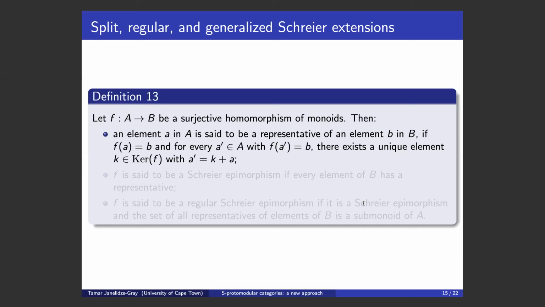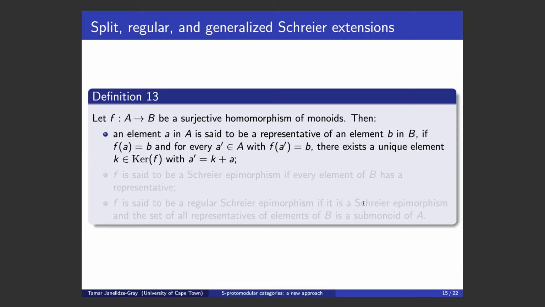So now suppose we have a surjective homomorphism between monoids. I'm first going to define a representative element of some element B in B. So an element A in A is said to be a representative of an element B in B if, first of all, it's in the preimage, so F(A) equals B,